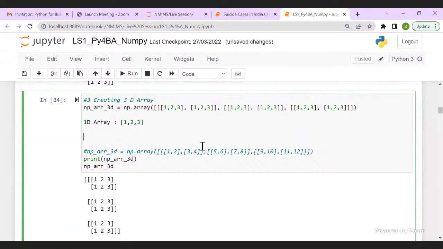Now, when I create my 2D array, what are these? 1D arrays stacked on top of one another. So I have my 1D arrays and I stack them on top of one another. I have stacked them, एक के ऊपर एक रख दिया. Now these become individual elements, and they are separated by commas.